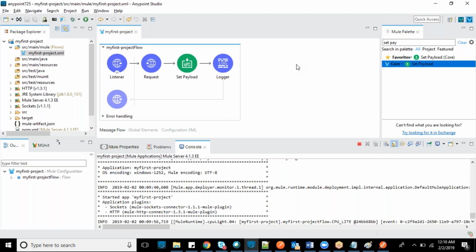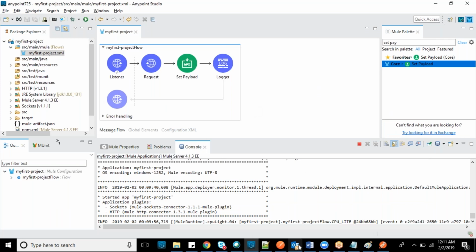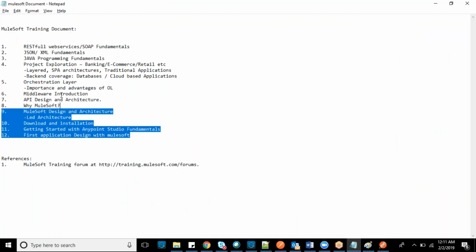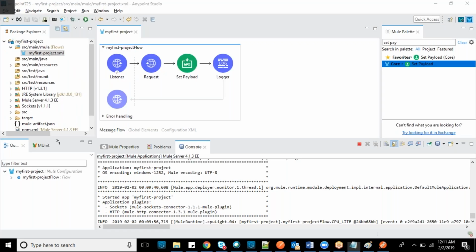You require very little programming knowledge to work on MuleSoft. That is for sure. And analytically, you should be strong about what all needs to be used. That is it. Okay. So I can say that I have covered all my topics. So do you have any doubts till here? No doubt. It's clear to me.